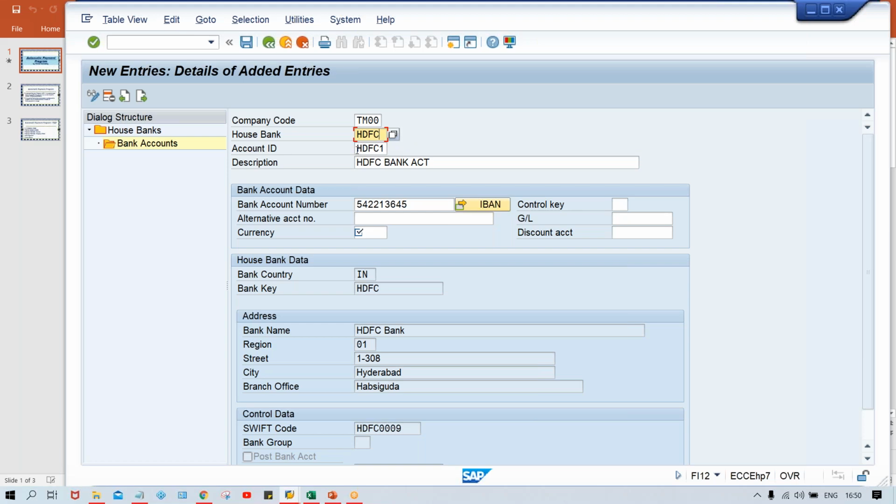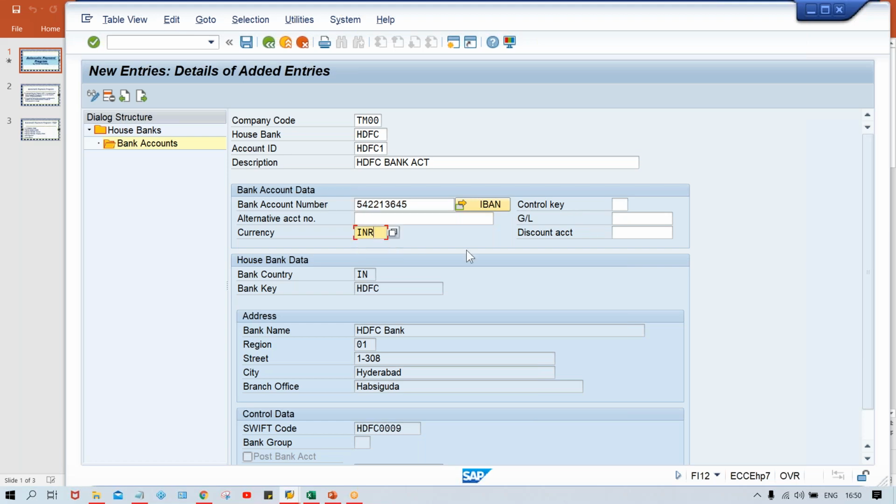Under HDFC, I'm going to give account ID HDFC 1, HDFC 2, HDFC 3, like that. So look at here, against account ID, we are giving the bank account number. So account ID represents what, guys? Account ID represents bank account number. Account ID equals account number.